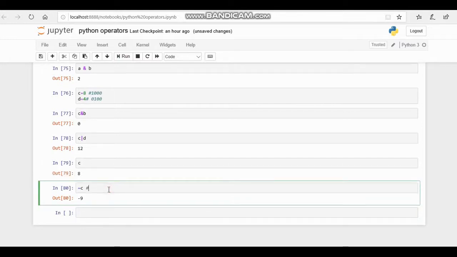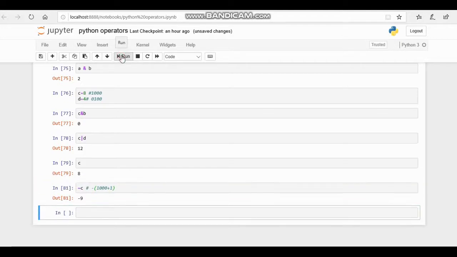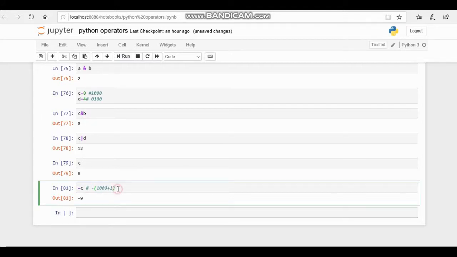See here, minus of 1000 plus 1. It's used to take the 1's complement of a number. So adding 1, we get minus 9. It is changing the sign as well as adding the 1's complement to a number. So 1001, which is nothing but 8 plus 1, gives 9. So that's about the NOT operation.